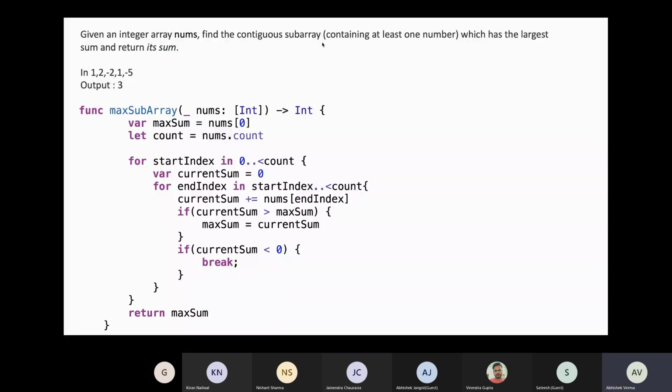Okay, considering we have understood the question, let's discuss a naive solution first. Then we will move to better solutions.